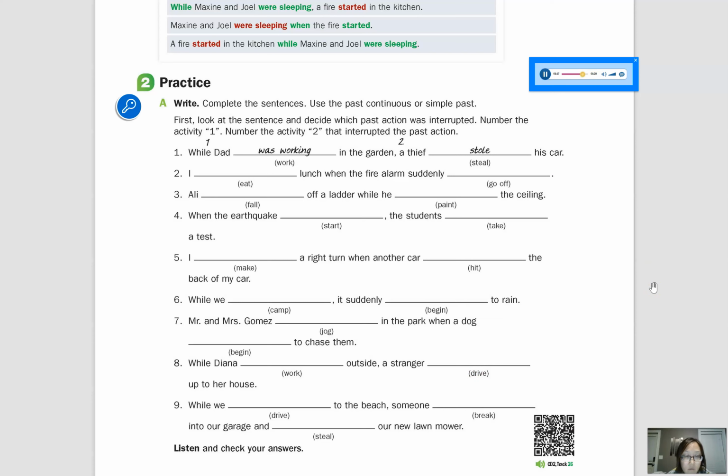9. While we were driving to the beach, someone broke into our garage and stole our new lawnmower. Okay, so while we were driving to the beach, this is the continuous activity that was already happening. So number 1, someone broke into our garage and stole our new lawnmower. This is the interruption. This is number 2. Okay, so